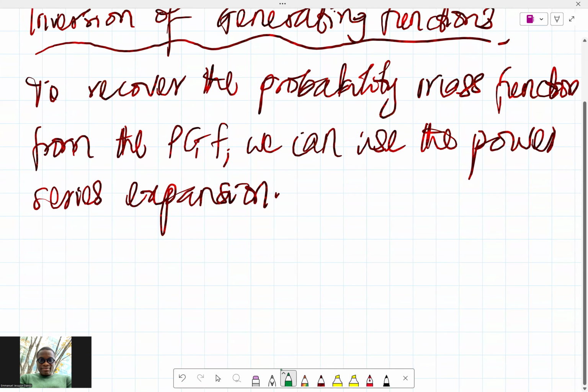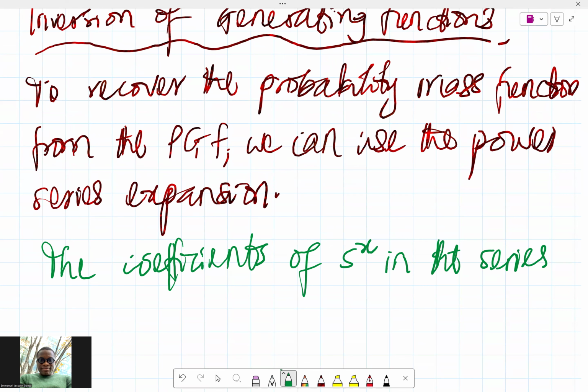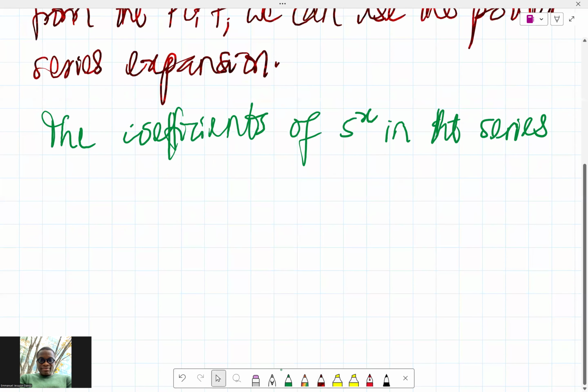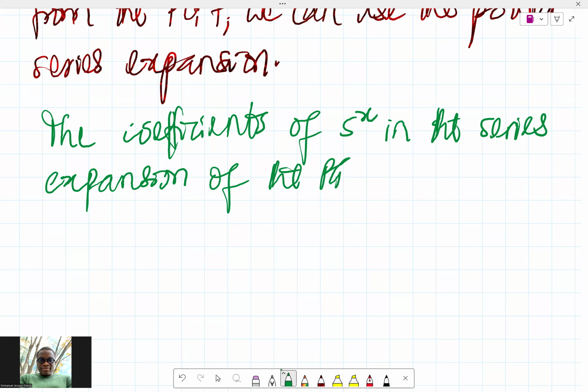It should be known that the coefficients of s raised to power x in the series expansion of the PGF give the